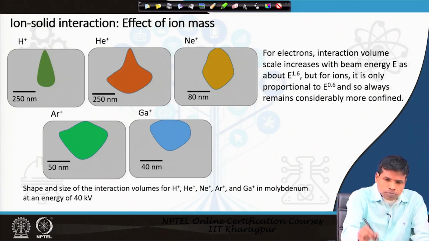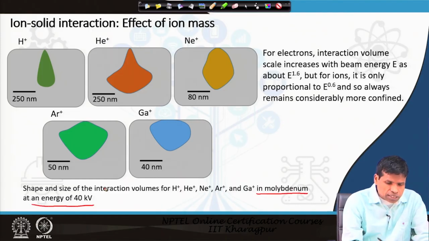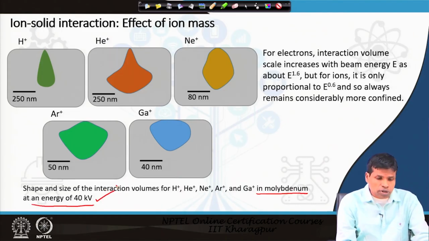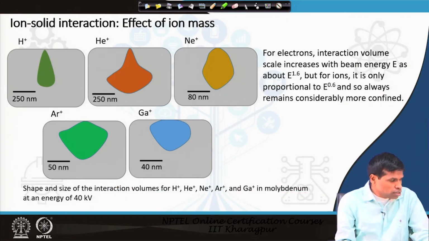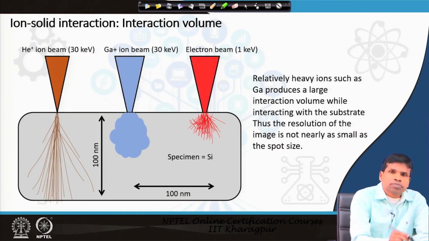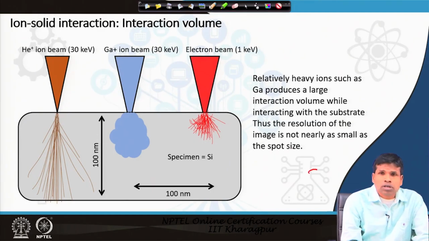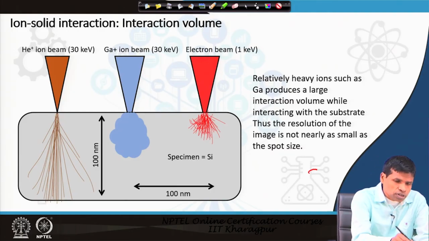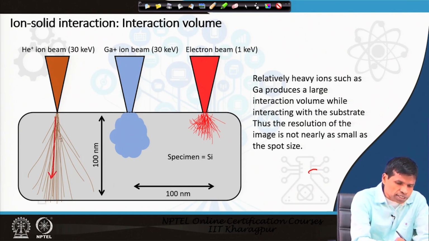So, if we again compare, let us say these are the comparisons of interaction volume for different ions in molybdenum. This was for a molybdenum sample, at 40 kilovolt acceleration energy. But if we compare electrons and ions in a single slide, then we can see here the helium ion beam, which has an energy of 30 kilo electron volts. Once it is incident on the surface, as you see, they are going in the forward direction,